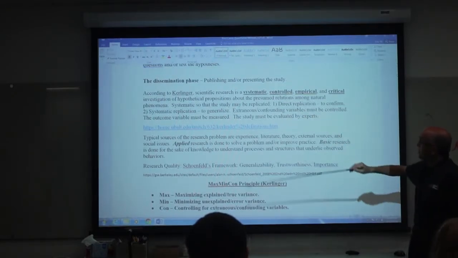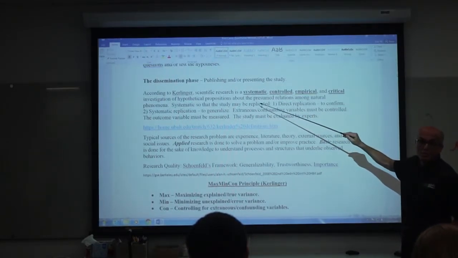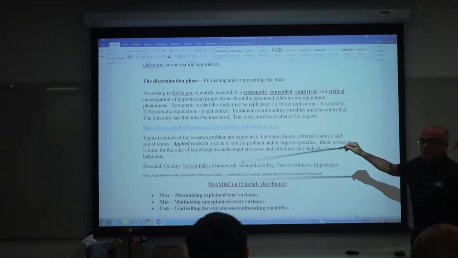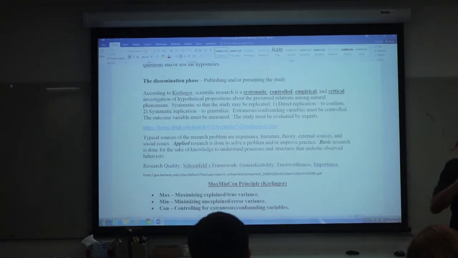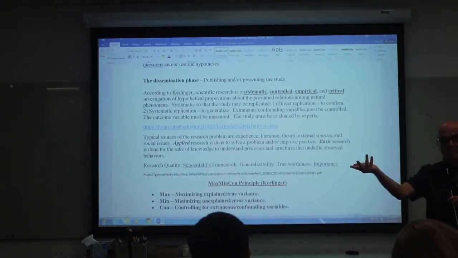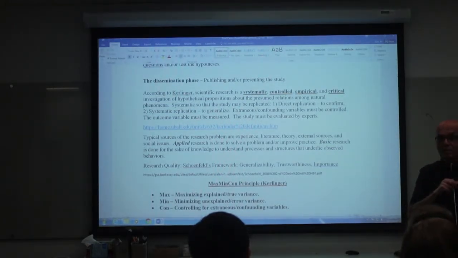Control, what do we mean by control? We want to control for extraneous or confounding variables. So what are these variables? These are the variables which are correlated with the outcome, but they have nothing to do with what you are doing. So then you have to control for that, to conclude at the end whatever happened because of my